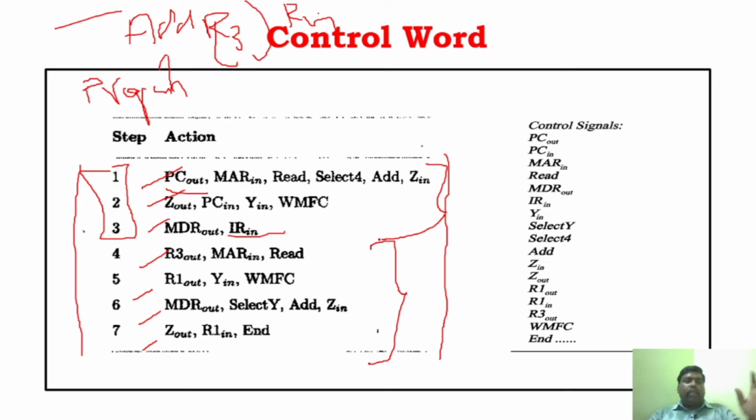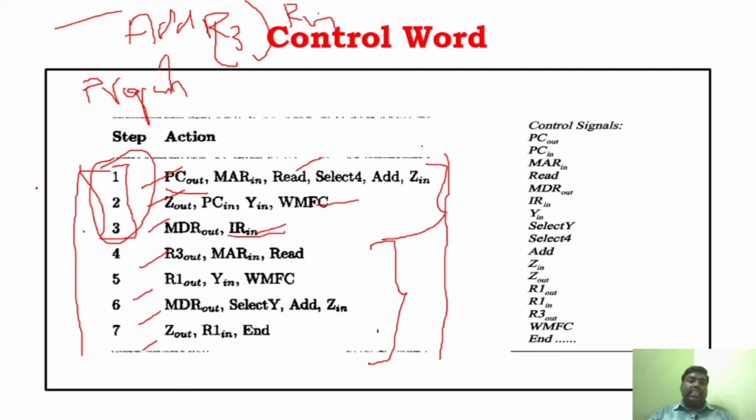Now you have to understand what a micro routine is. Steps 1, 2, 3, I call this the fetch phase. In order to fetch the content from PC to IR, we have to use these 3 instructions. So these 3 combined can be called a micro routine, the complete steps. This is called a micro routine, and each instruction separately is called a micro instruction. This is a micro instruction, this is a micro instruction, this is a micro instruction.